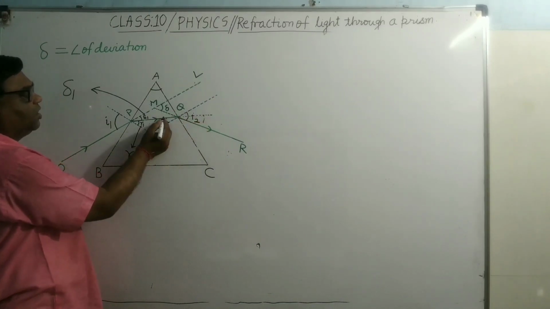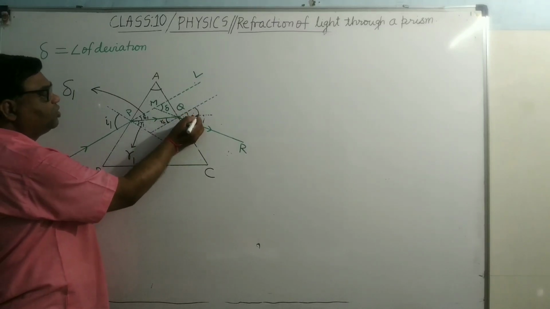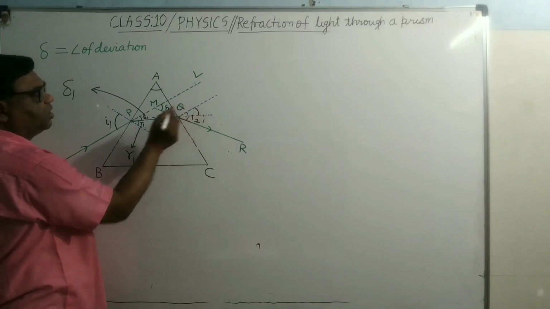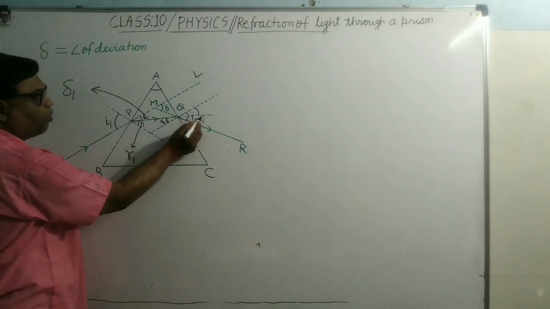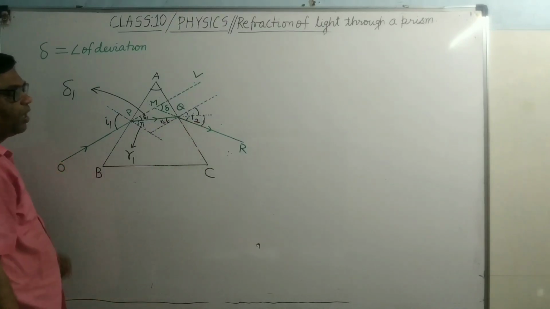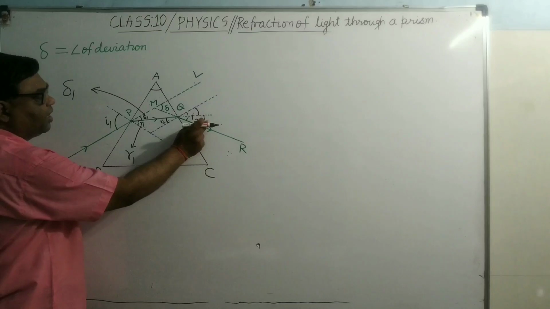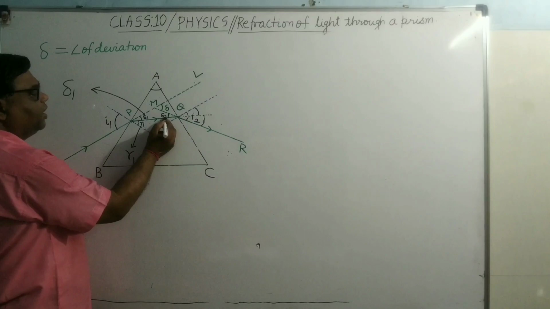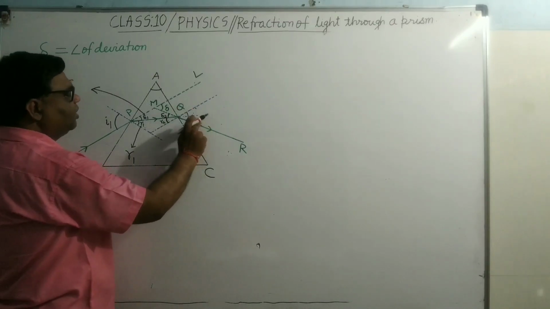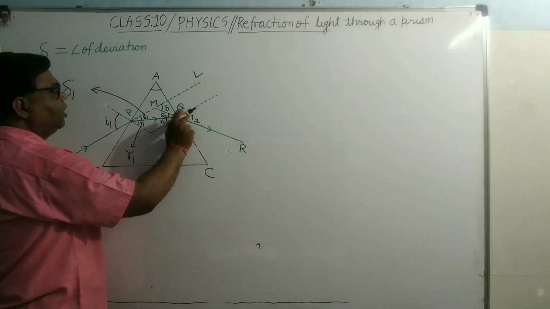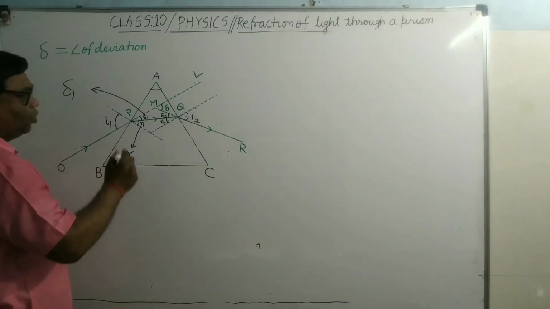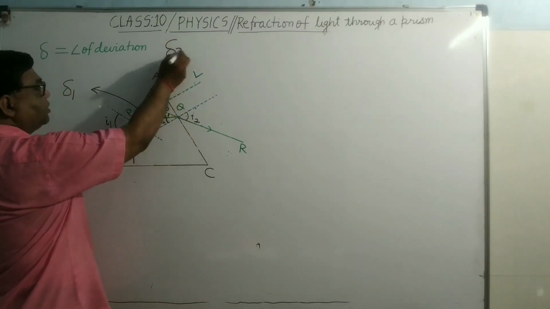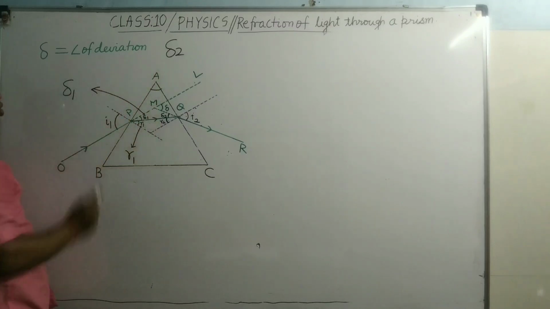It's clear. Now see here, this angle is R2, therefore this will also be equal to R2. Why? Vertically opposite angles. So this is R2. This whole angle is I2. So what will be this? This will be I2 minus R2. Now this angle will be equal to this, so this we simply denote by del 2. It's clear. No need to make this here. It is not required at your level. So you can see here, del 2 is the angle of deviation. This is del 2.